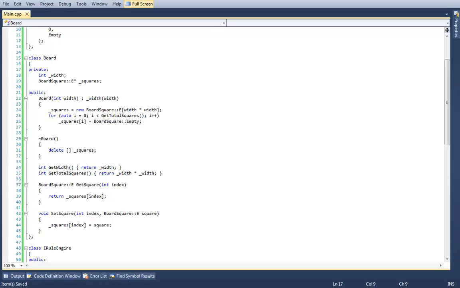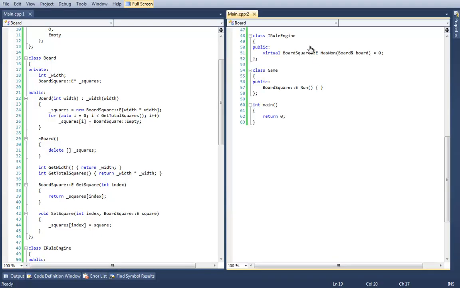So I'm going to go ahead and hit pause. And we're back. We did get a few questions. What are the limitations of auto? Is it as versatile as var in C#? It behaves exactly similarly to var in C#. It is simply implicit typing.